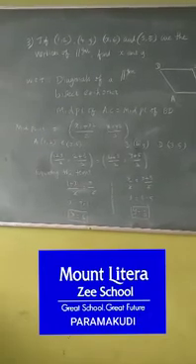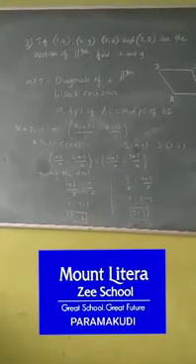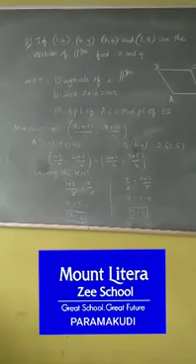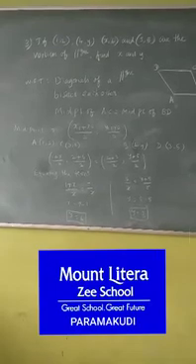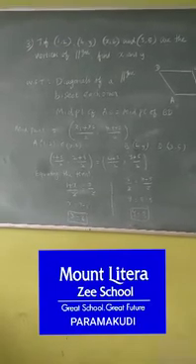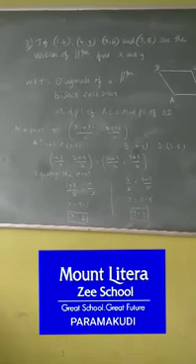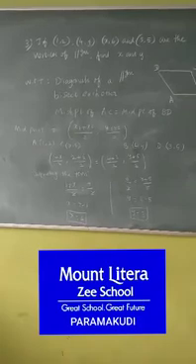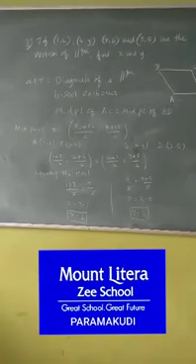Write AC on this side and BD on that side, with the equal symbol between. So the midpoint of AC is equal to the midpoint of BD. Now equating the terms: the first term is 1 plus x, and on that side 4 plus 3. So (1 plus x) by 2 is equal to 7 by 2. The 2 cancels, so x is equal to 7 minus 1, that is x is equal to 6.